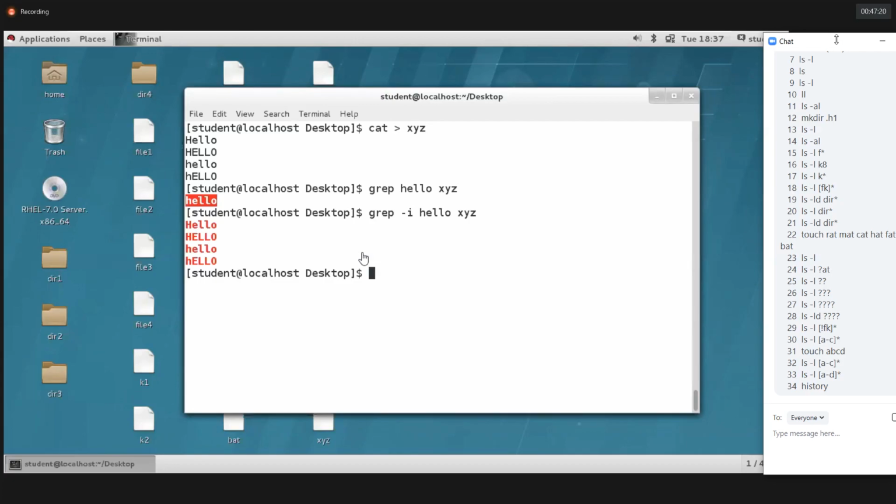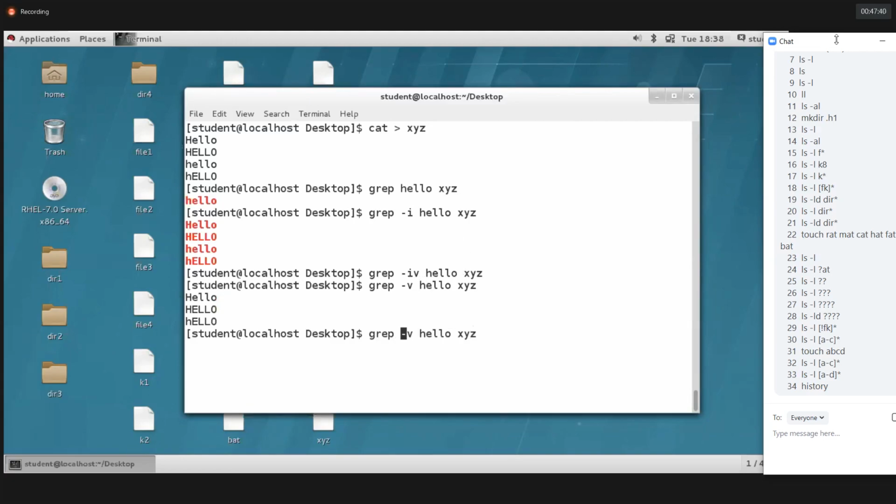It is not going to print anything, because apart from the hello word, the xyz file doesn't have any remaining lines. So if you give v, let's see, we won't get anything. You can give iv also, there is no issue. v means it excludes only the small letter matches. If I provide iv, it is not going to print anything because it excludes both capital and small. So, clear?